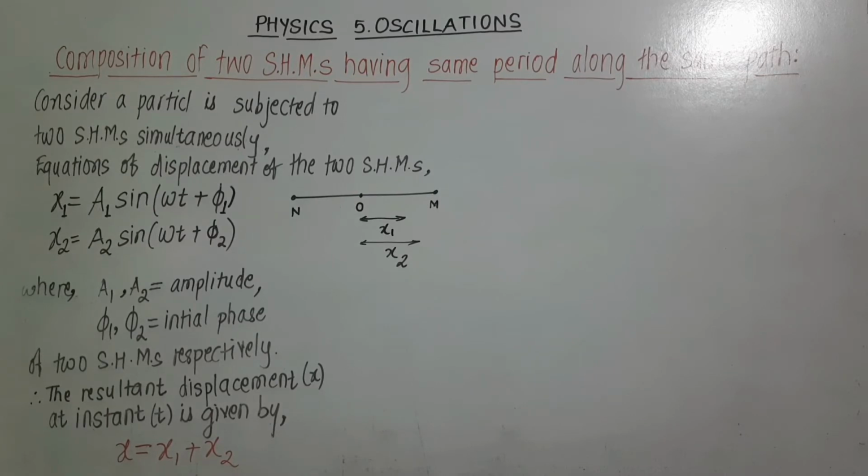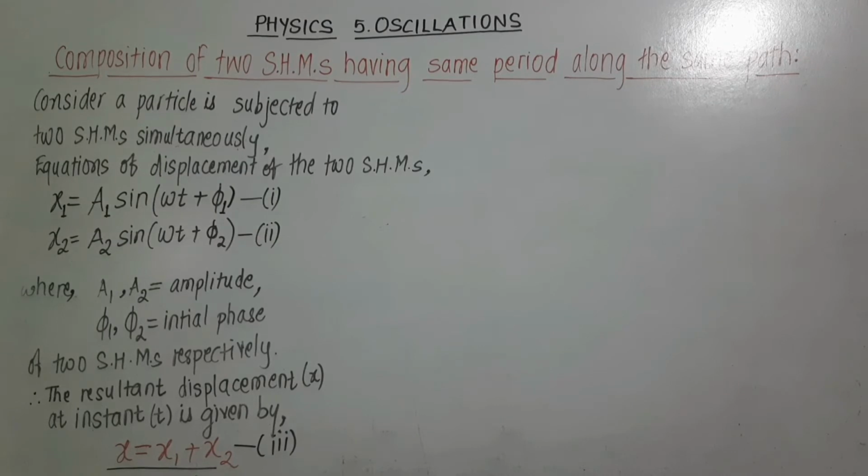अभी ये दो SHMs जो है वो कंबाइन करके हम लोग को जो डिस्प्लेसमेंट मिल रहा है वो तो x है, बट रिजल्टेंट एम्पलीट्यूड जो मिलेगा दैट इज डिनोटेड बाय R, and resultant initial phase जो मिलेगा that is denoted by δ, and we are going to derive the expression for that. From equations 1, 2 and 3 we get,